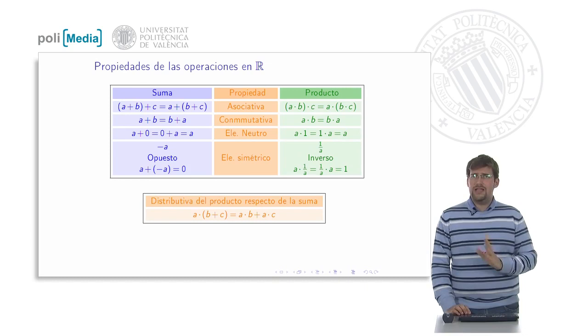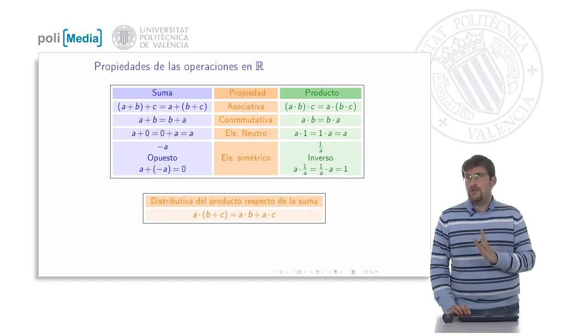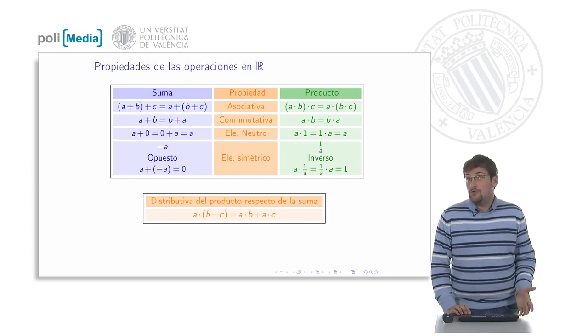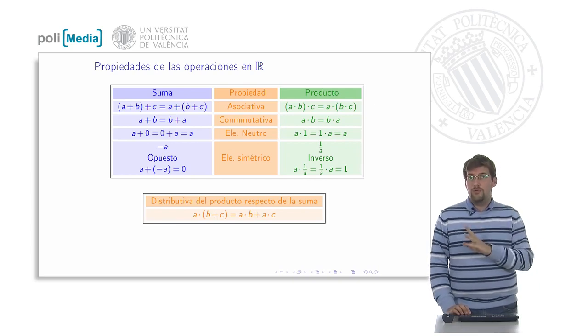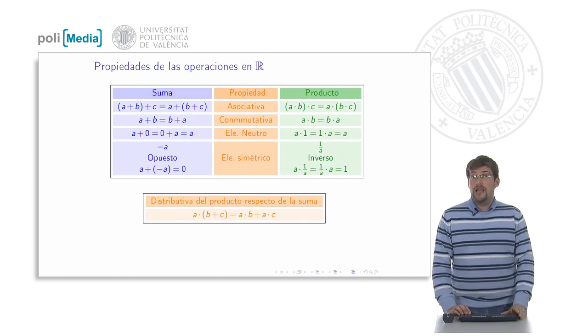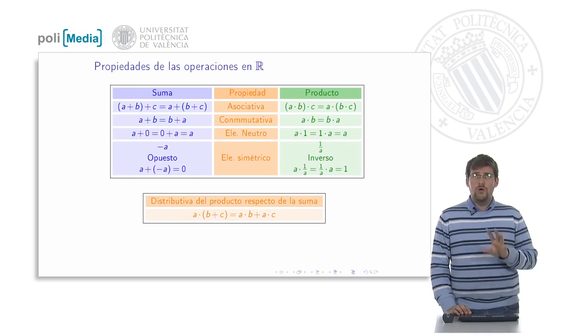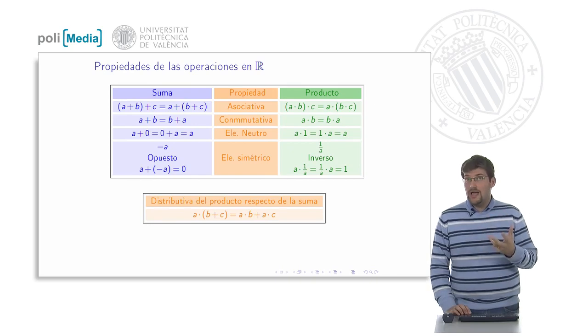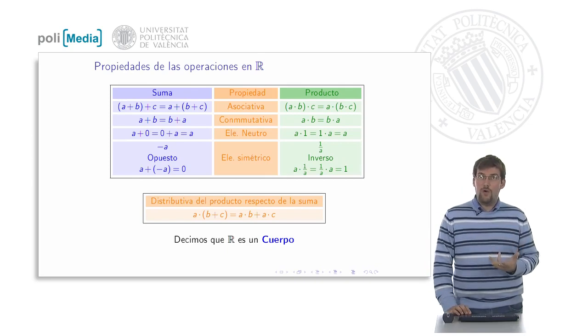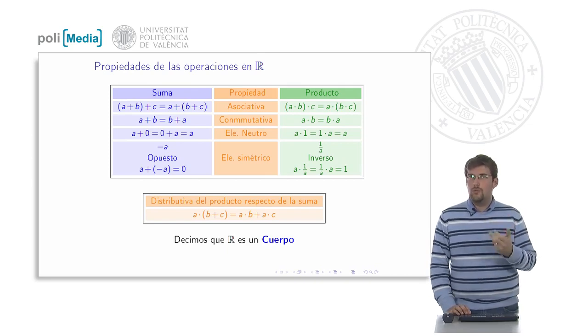The real numbers also have some significant properties for their operations, including associativity, commutativity, the existence of neutral elements, and the existence of the symmetric element for both addition and multiplication. And of course, the distributive property of the product with respect to addition. As we already said when we talked about Q, these properties in a numeric set give the set a name, which is field. The rational numbers form a field, and the real numbers also constitute a field,